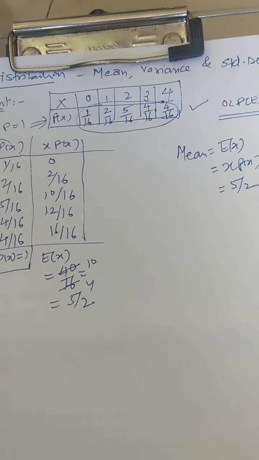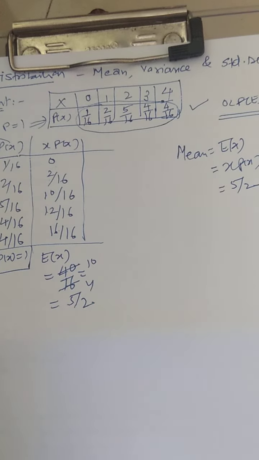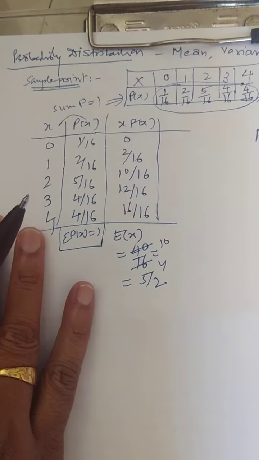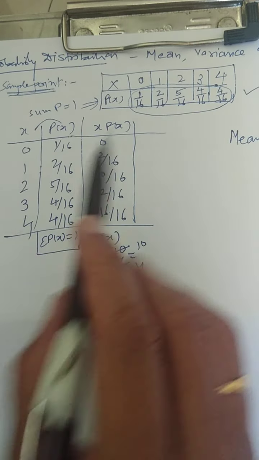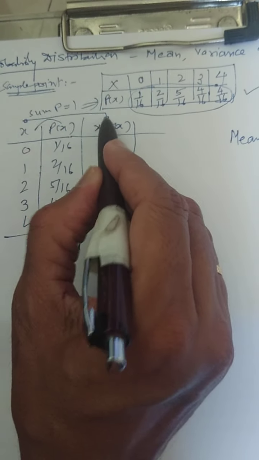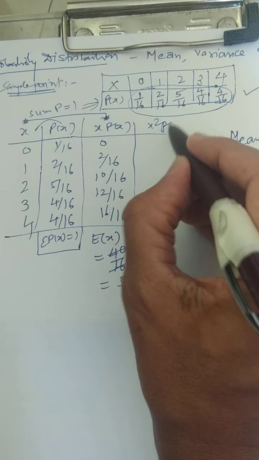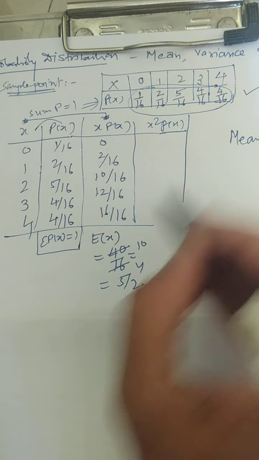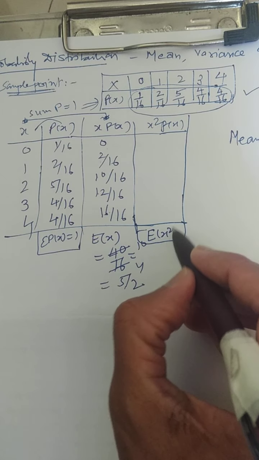Now the question arises, how to get the variance and standard deviation. For variance, again you have to go back to the table. In the table, you have these three columns. One is x, px. By this multiplication, you are getting this. Now, this column is to be multiplied with the first column. That means x is multiplied with x. You will get x square px. So your work is to find out x square px. Whatever this sum is, it is denoted by the symbol E of x square.